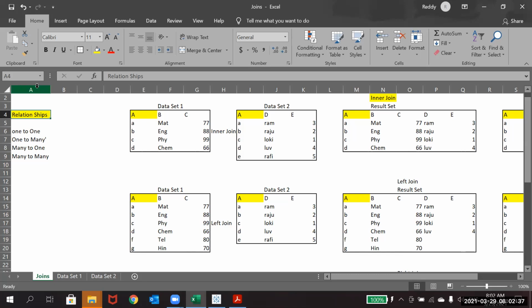Before that, if we understand the relationships concept a little more clearly, it will be easy to understand blending also. I recommend you first create the data sets like this; it's up to your choice. I'll be sending this file to you, so take it as a reference and create your own data sets.